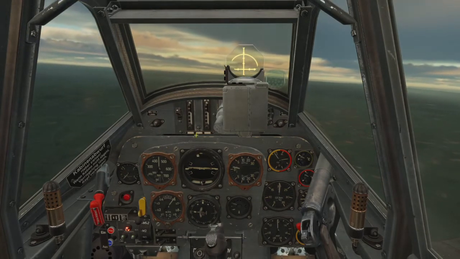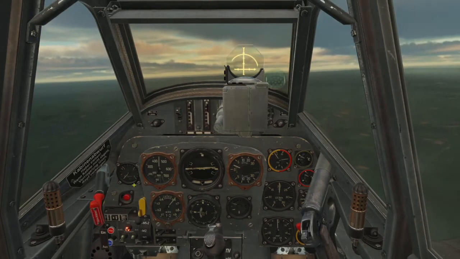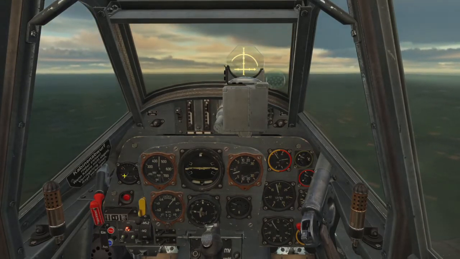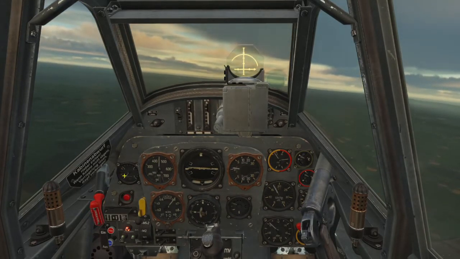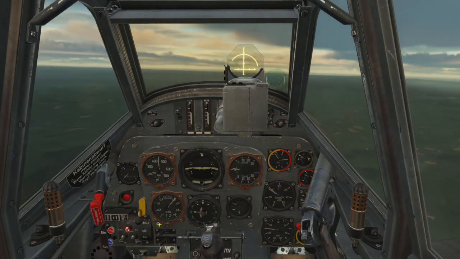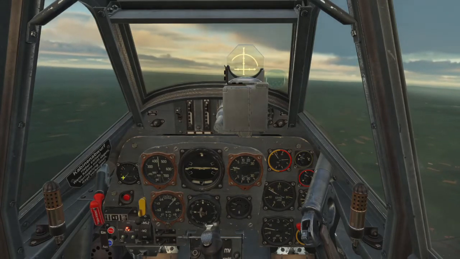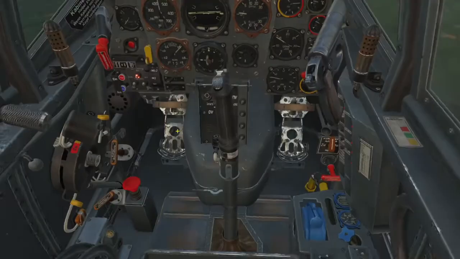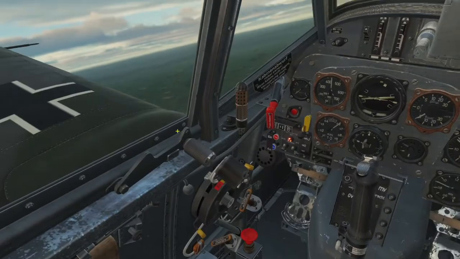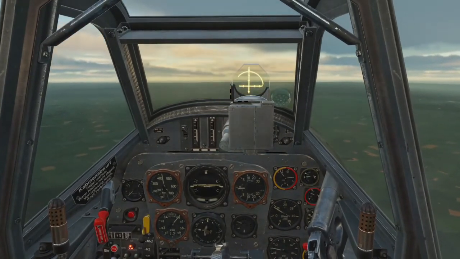Now, what else have we got in here that I need to point out? Over here is your methanol water sort of supercharge, the MW50 mix, which is methanol mixed with water. And when you go full throttle, and you've got this switched on, the boost on, it gives you an extra injection of methanol water into the system, into the engine, which gives you a boost in horsepower,